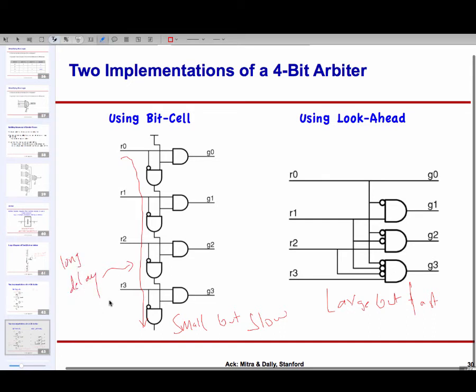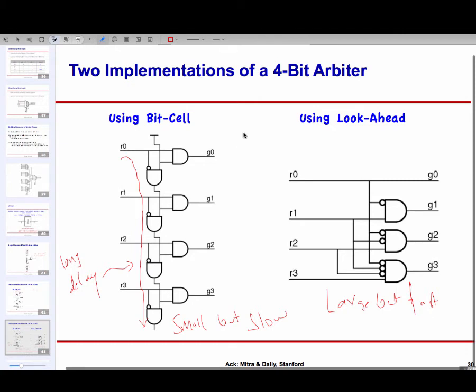In any given circuit, there are always these paths from input to output, and the delay through them could be many. So here, for example, I have 4 inputs, 4 outputs. There are many different paths, like for example from R0, there is R0 to G0, R0 to G1, R0 to G2, R0 to G3. In any given circuit, there are going to be some paths which are longer, some which are smaller. The longest path, the one which has the worst delay, is called the critical path.